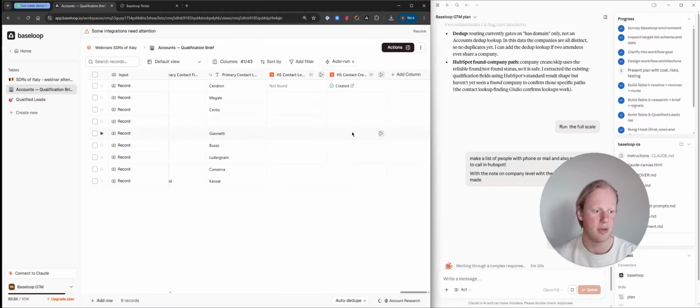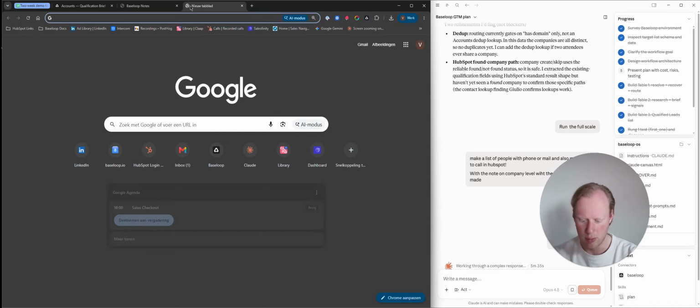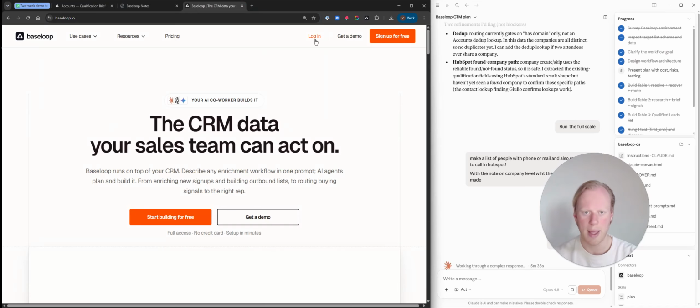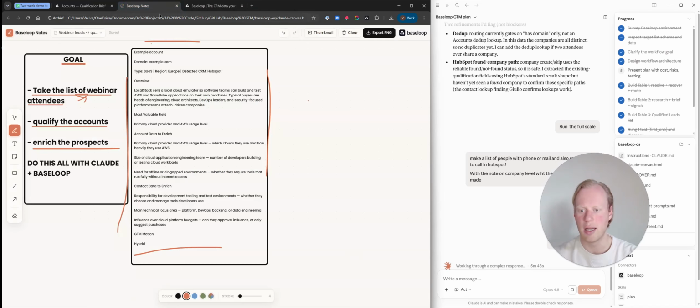And yeah, if you want to build a setup like this yourself, just go to baseloop.io and either sign up for free and get a demo. And yeah, then you connect your Baseloop to Claude, make a blueprint like this. And I think it's pretty easy for you. So make a blueprint, the whole use case from A to Z, make it as detailed as you want. Then push this into your Claude. And at the end,